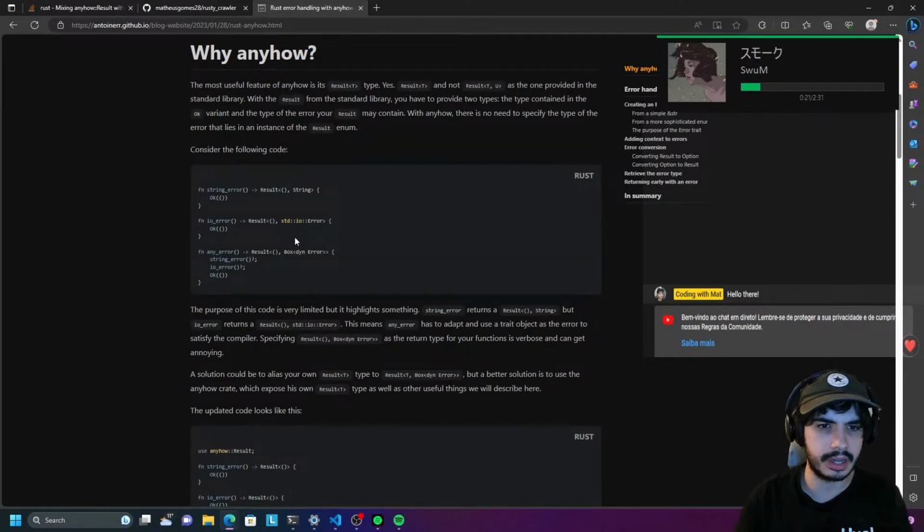It explains why you should use anyhow, and then it talks about using the question operator with the standard results, and how it doesn't really cascade up, but anyhow cascades a little bit better, so you can convert errors into different errors a little bit easier, I guess. But